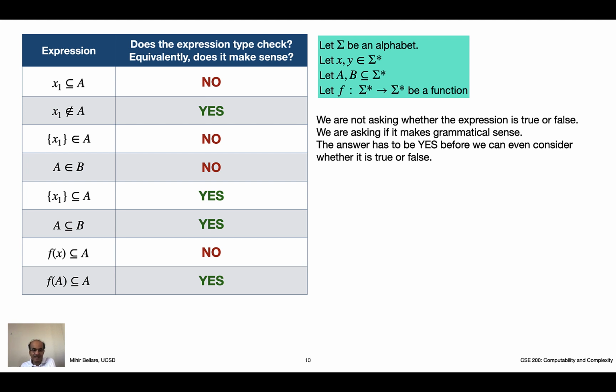Okay, so let's exercise this a little bit. For this exercise, we'll let sigma be some alphabet. We've fixed two strings, x and y in sigma star. We've also fixed two subsets of sigma star, two languages, and some function from sigma star to sigma star. Then we will consider various expressions, and for each one we'll ask just if they make sense, in other words,